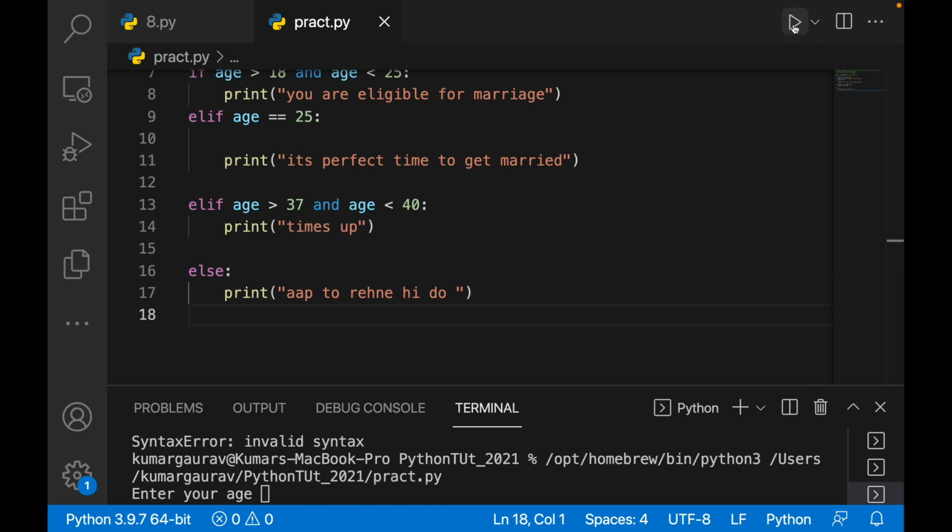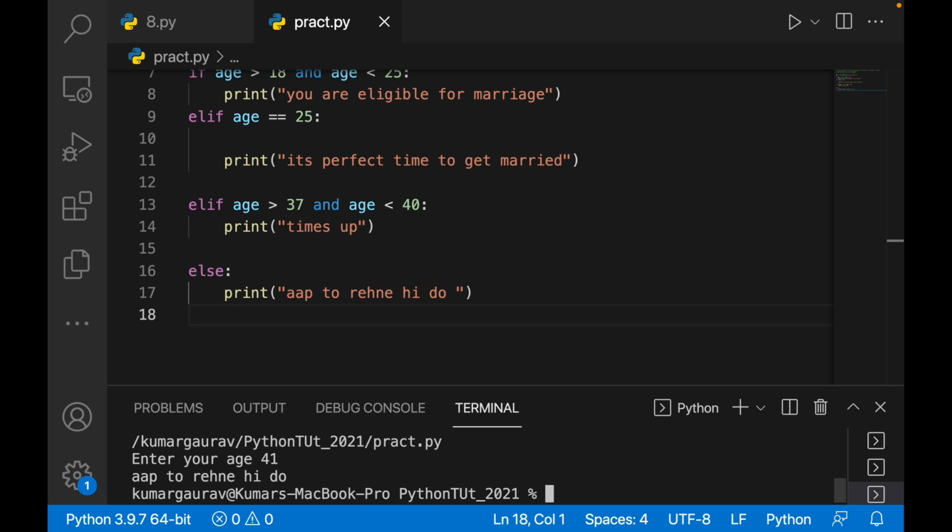Okay, now see, enter your age. If I enter 41, it will say